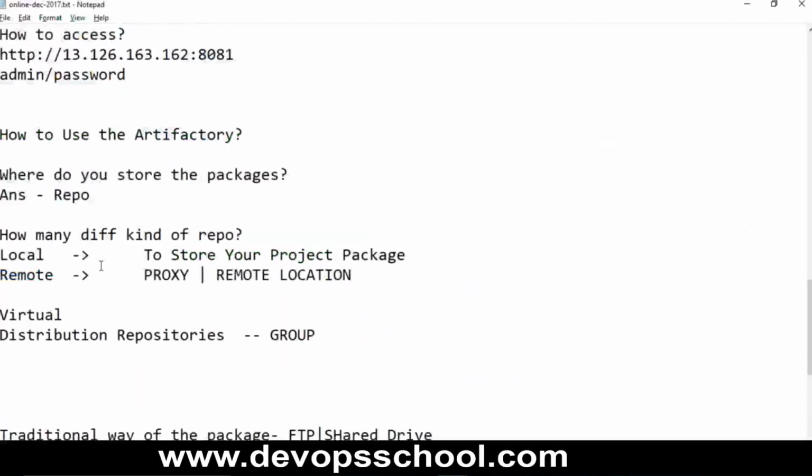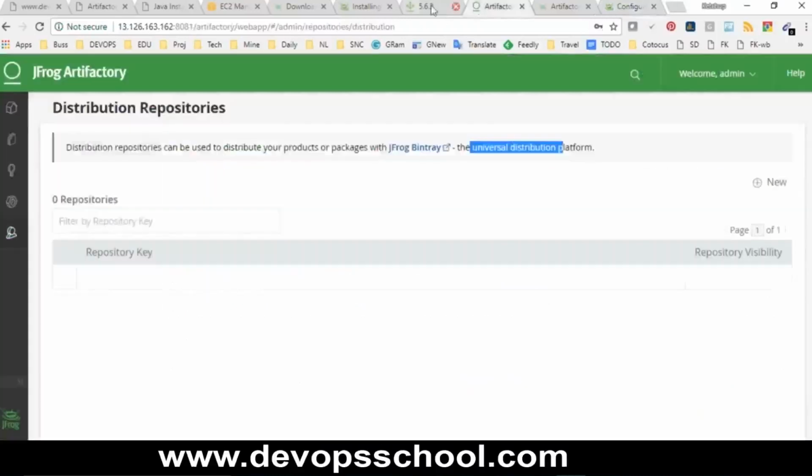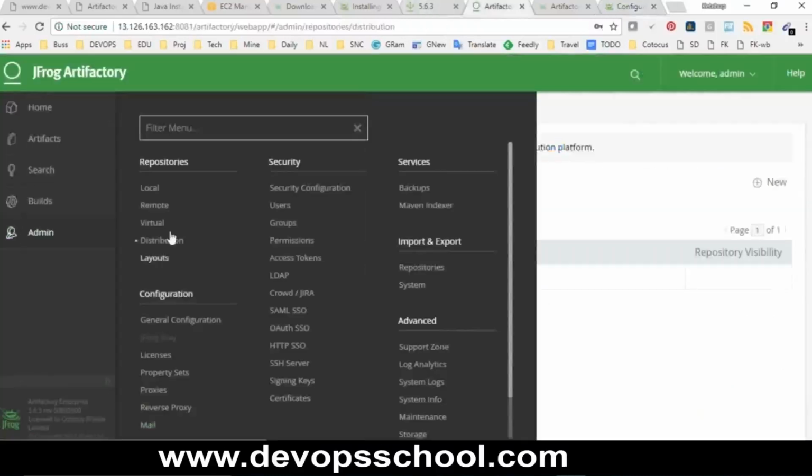So now what we understood is the most important part of the repository, where we store the packages. Now you can see the security also inside that. You can create users, you can